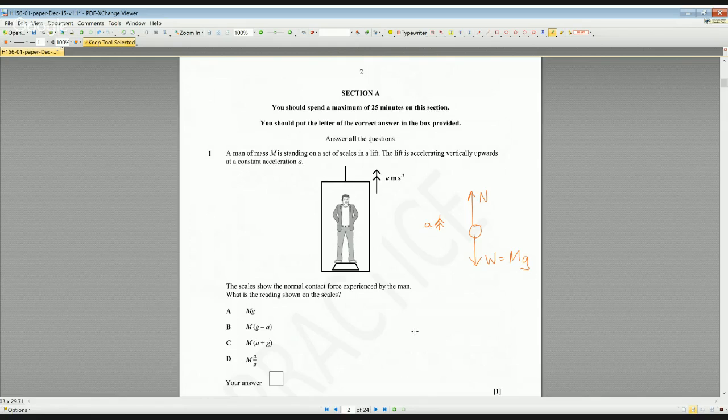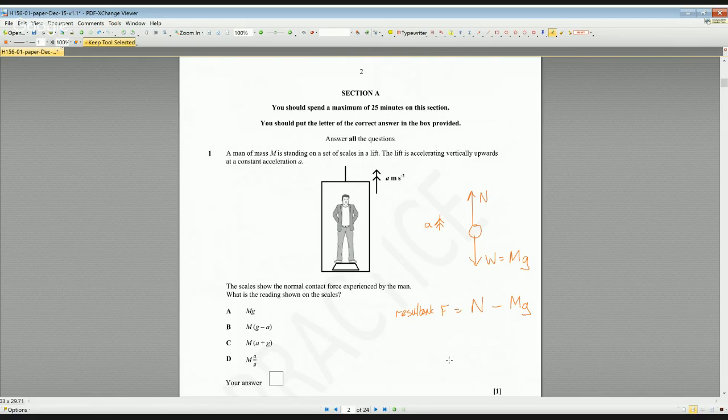So we should know from our studies that resultant force F is equal to the difference between the two forces we've got here. If these two forces were perfectly balanced, if the normal contact force was equal to the weight, then there would be no resultant force. We know that there must be a resultant force here because there's an acceleration. So this normal force must be a bit larger than the weight in order to provide that acceleration. So the resultant force is equal to the difference between the normal contact force acting upwards from the scales and the weight acting downwards,